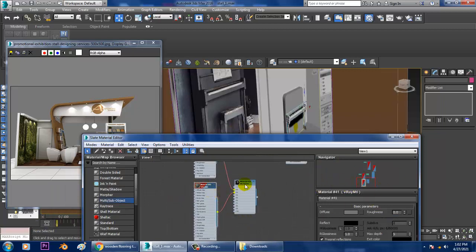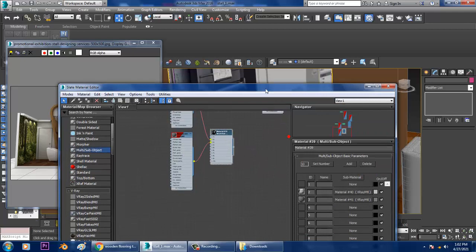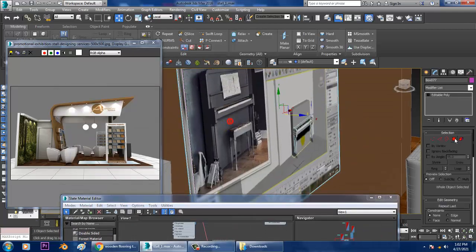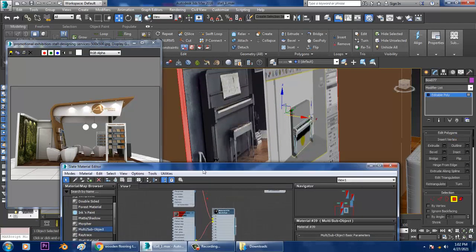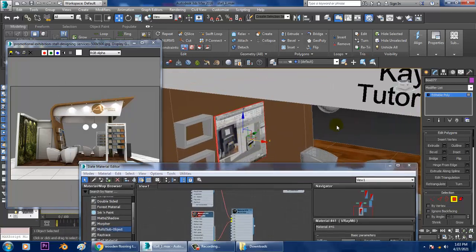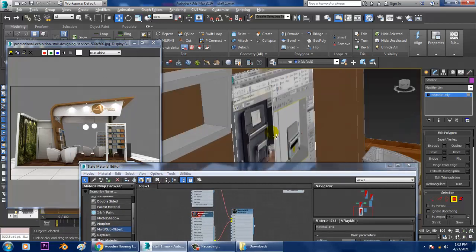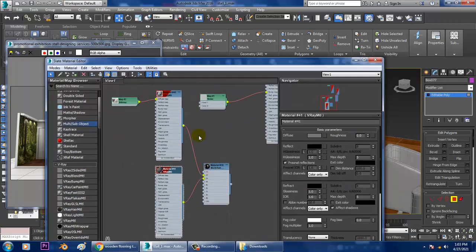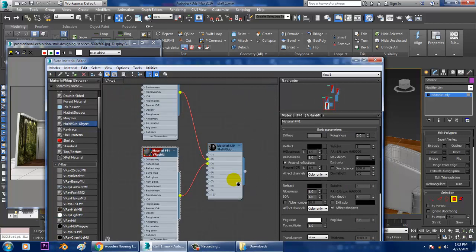So you have to make sure you are assigning on the right area over here. Okay, much better. So now if you look at it closely, multi-sub object can be utilized using the IDs.